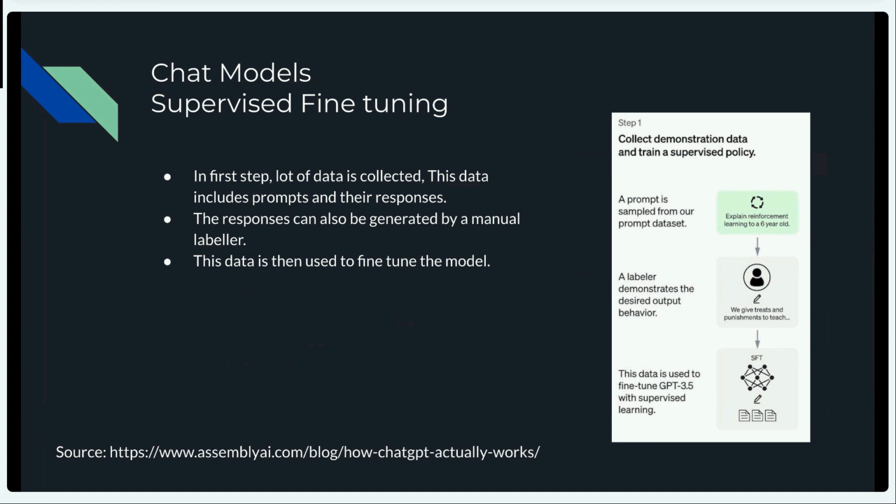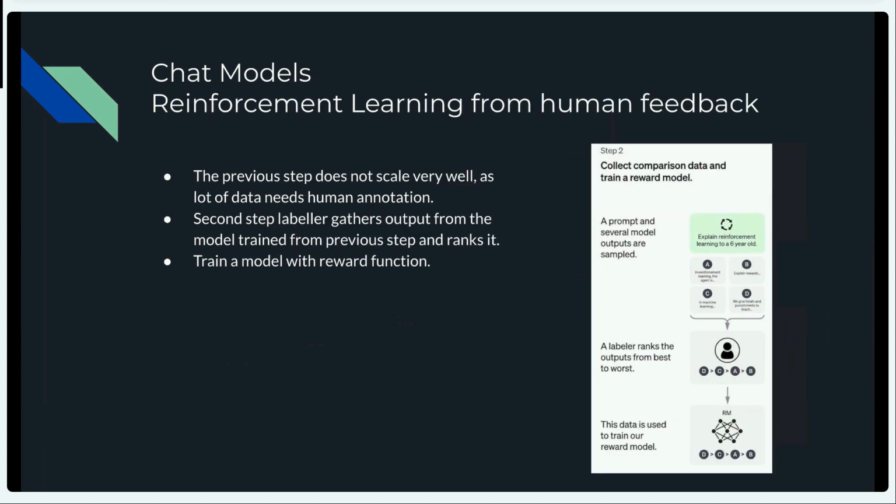But the issue with this step is that you don't have a lot of manually labeled data, and it becomes a bottleneck very quickly when you want to train a chat model. So instead of relying only on the chat data,